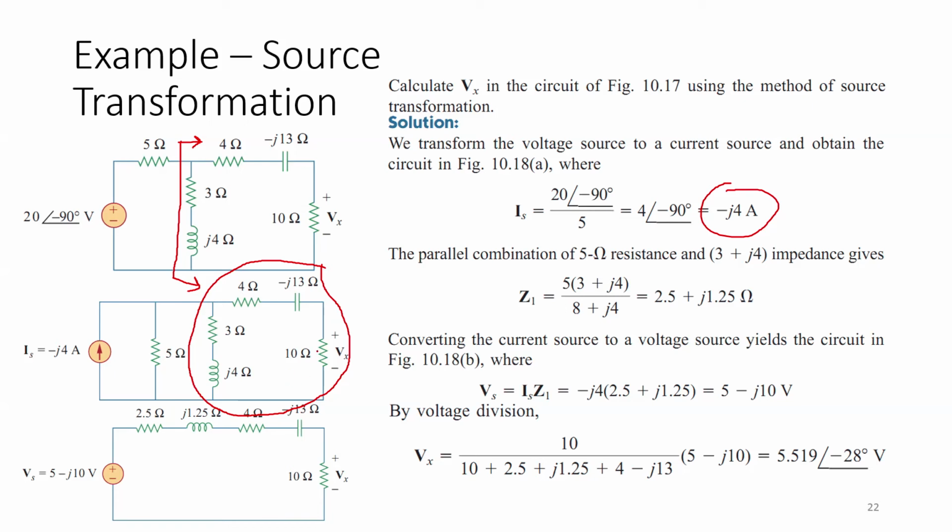And why are we doing this? In order to find the voltage across this 10 ohm resistor, what we are trying to do is we are now forming a parallel combination of these two elements here. Now this parallel combination would be found and then converted back to the voltage source like this one. So in order to reach from here to here, what we did is we first found the parallel combination of these two,